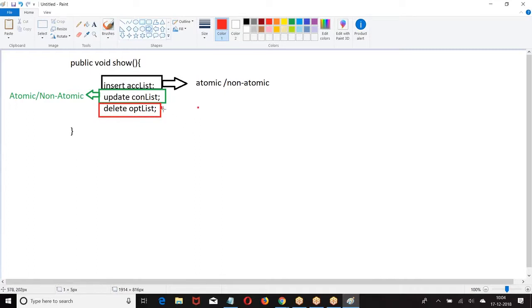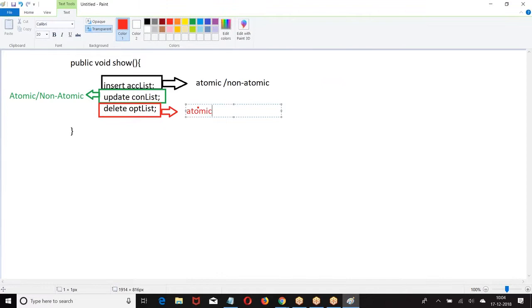This statement is atomic or non-atomic. Now, every DML statement will be atomic or non-atomic. But my question is, I don't want to look at that DML wise. All the DMLs in the transaction should run or should not run.